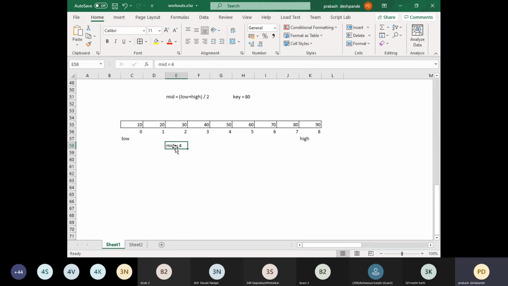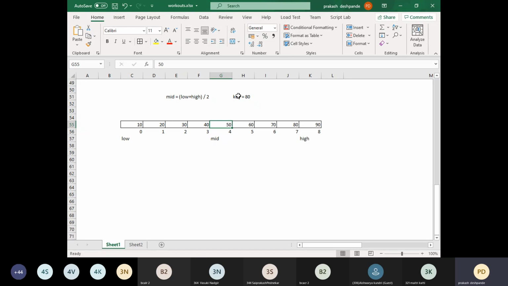So as we just discussed, we calculated the mid element as 4 in this case. Once we get the mid element, what we will try to do is check the element at the mid position. So mid position is 4 and at this particular mid position the element is 50. Is it the element which we are looking for?